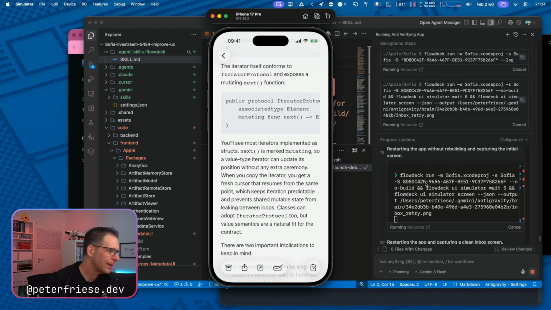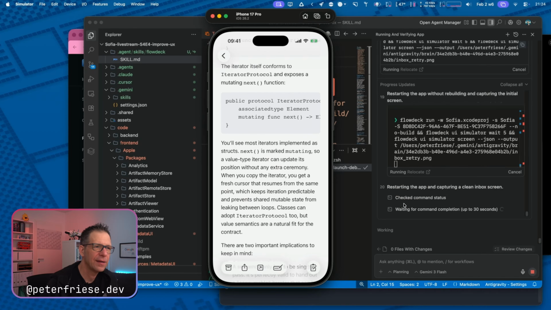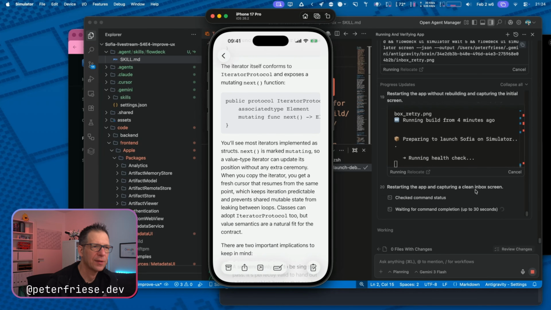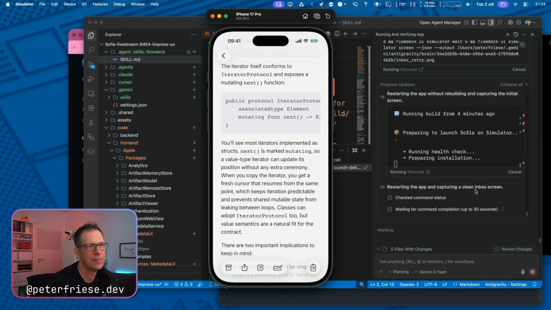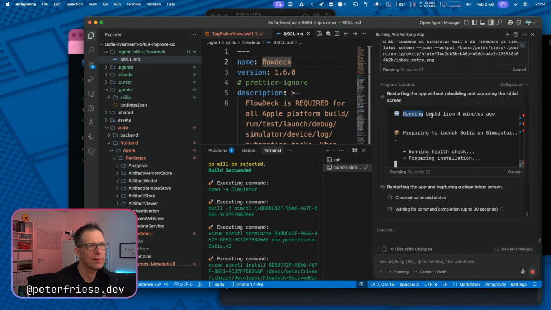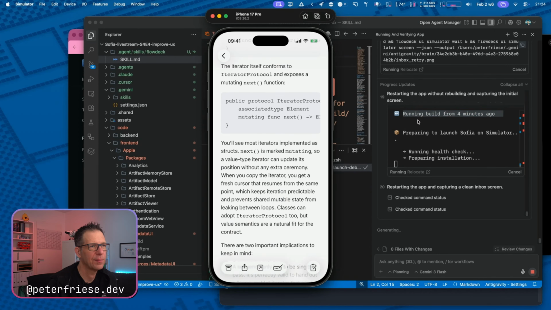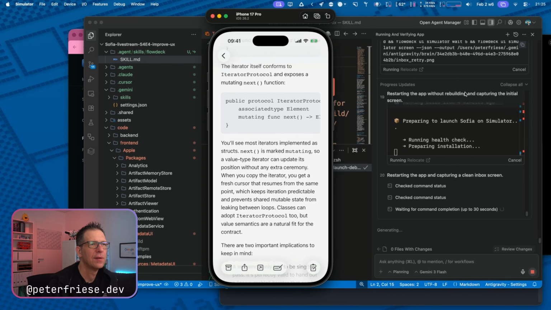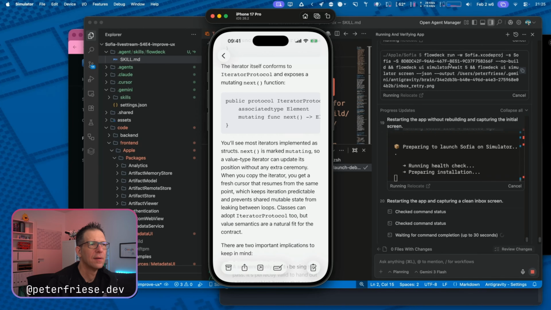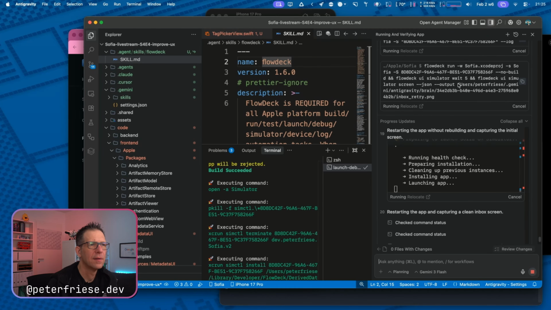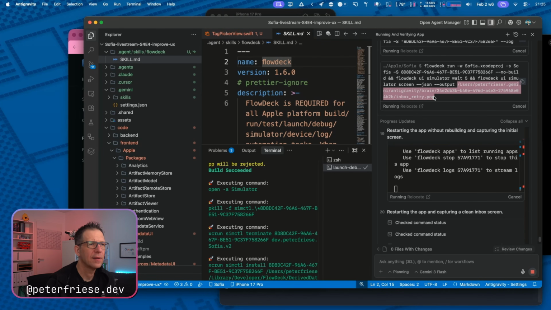So what is happening here is it's trying to capture a clean inbox screen. Well, yeah, so, interesting. So it's running a build from 4 minutes ago. So it's not making any code changes. And let's see if this here